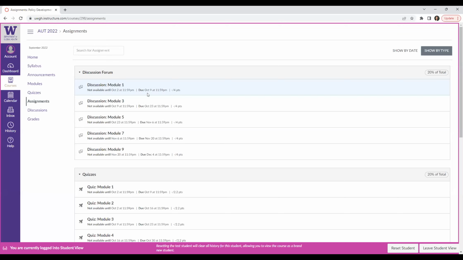Now, if you have something major that happens in your life so that you are not able to complete an assignment within that 3-week window, please email me at edgh@uw.edu and let me know so that I can work with you. That way we can figure something out for your situation. But for the most part, we have a 3-week window that you can use to complete these assignments.